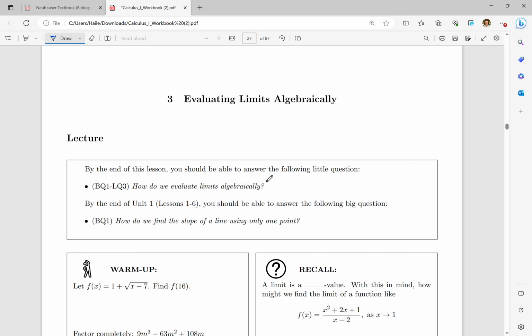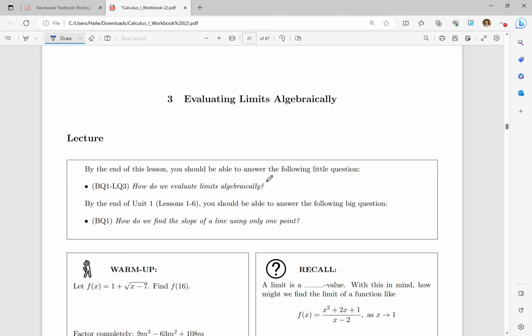In this video, we're going to talk about evaluating limits algebraically. So far in lessons 1 and 2, we've talked about limits in the visual sense. We've looked at a lot of graphs. We've looked at some tables of values. Now we're actually going to look at how we take a limit given in notation and find an exact